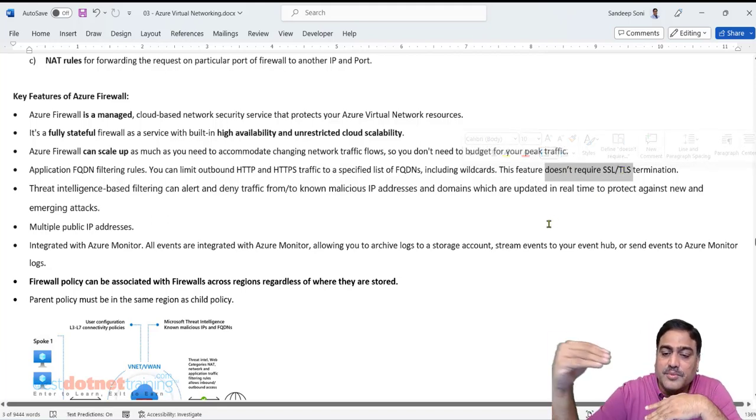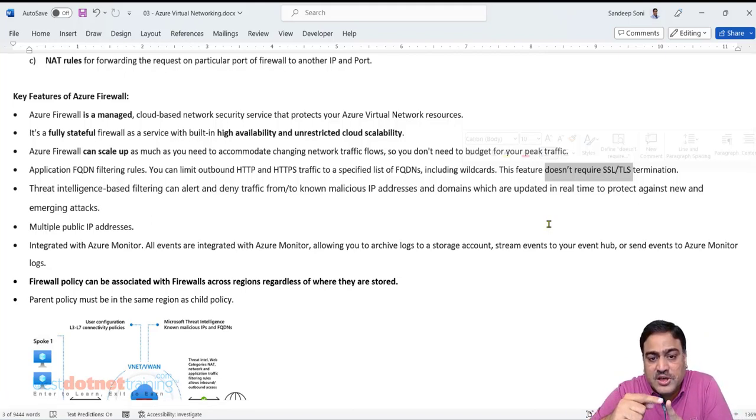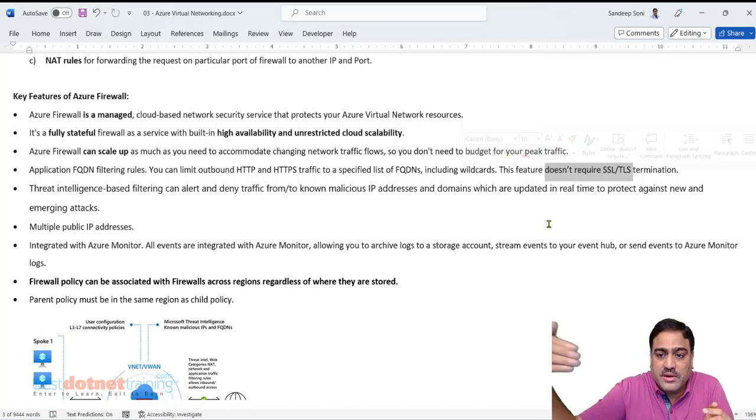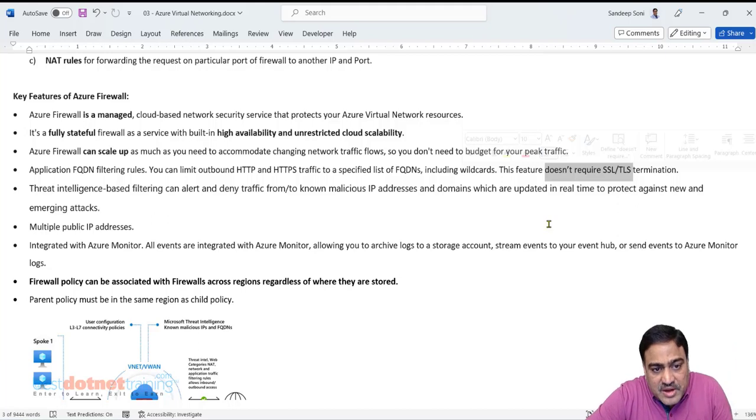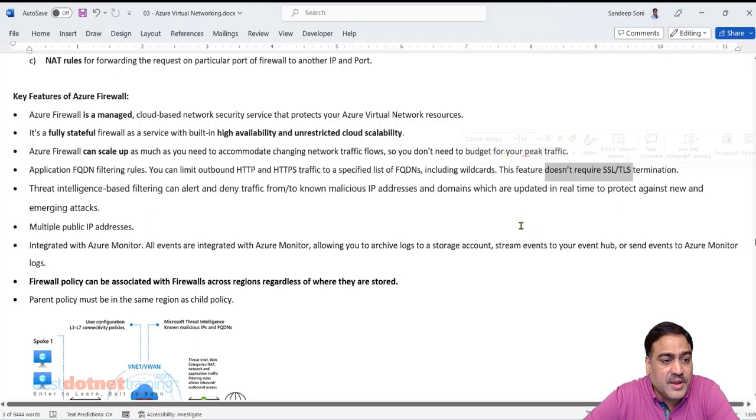The request might come to the firewall with HTTPS, and HTTPS decryption can be done at the firewall level, and it can become an HTTP request inside the network. From outside it is HTTPS, from inside it is HTTP. So the primary web server doesn't have to take care of the decryption. It can directly execute the request and generate the response. So that feature of course is only in premium pricing.